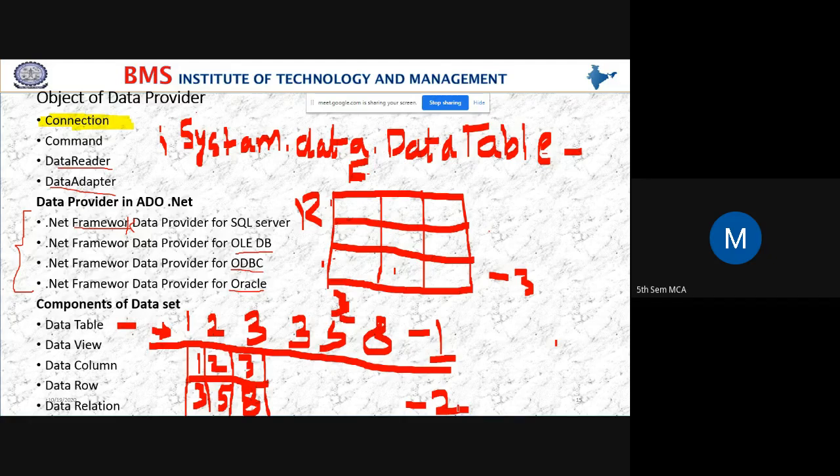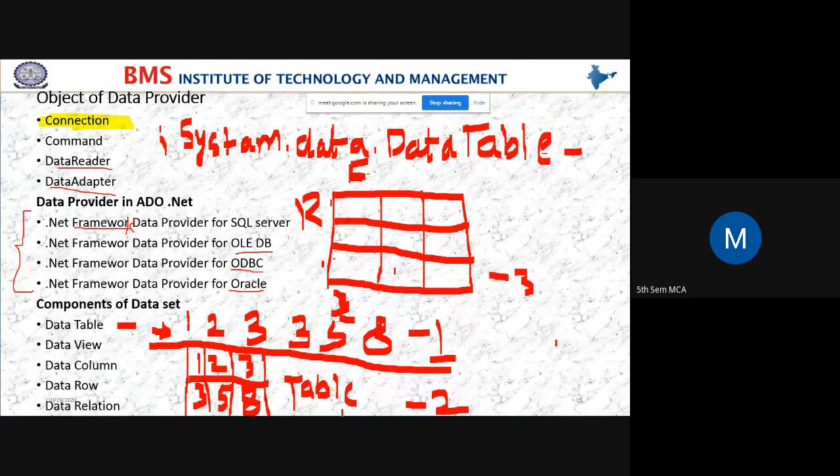In the first way, I have not inserted the data in the form of rows and columns, but in the second, I have included the data in the form of rows and columns. So this represents a table. Is it correct?